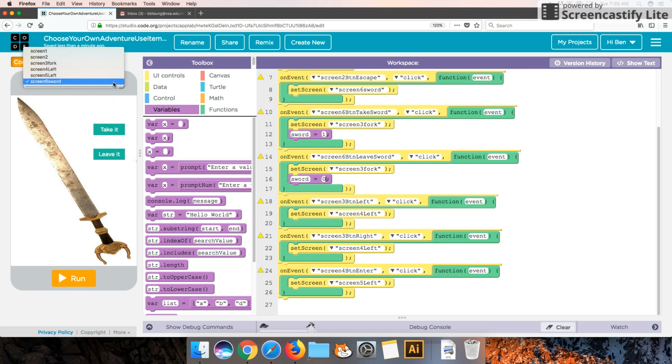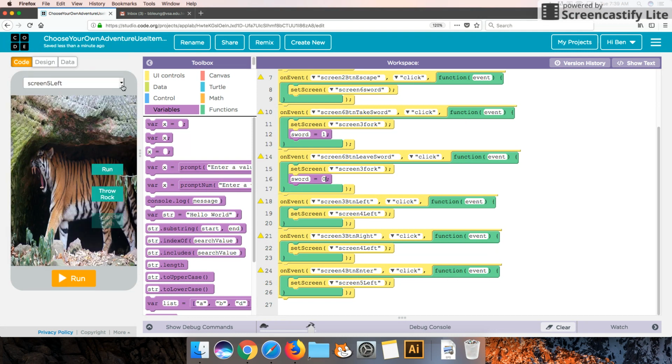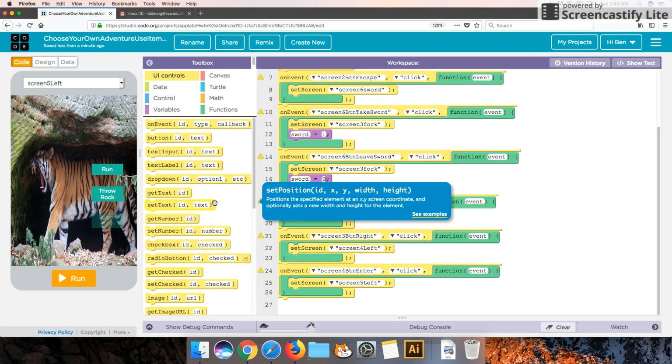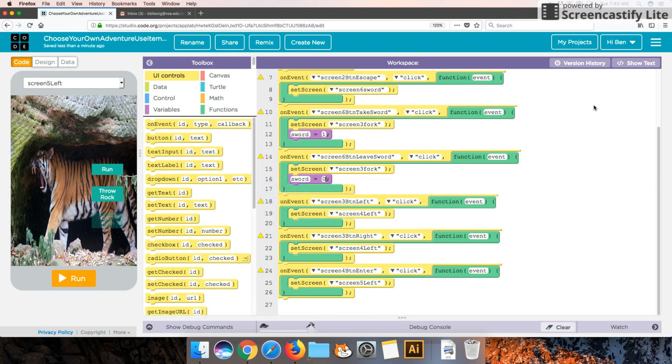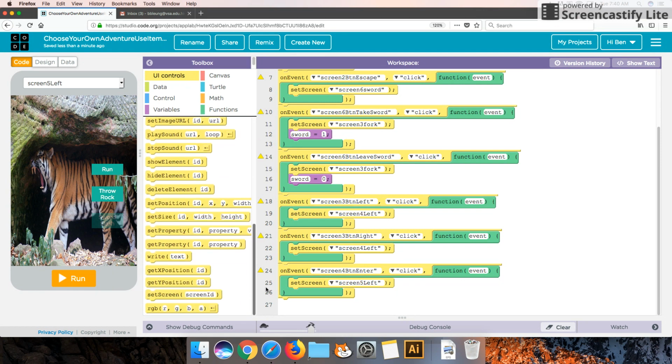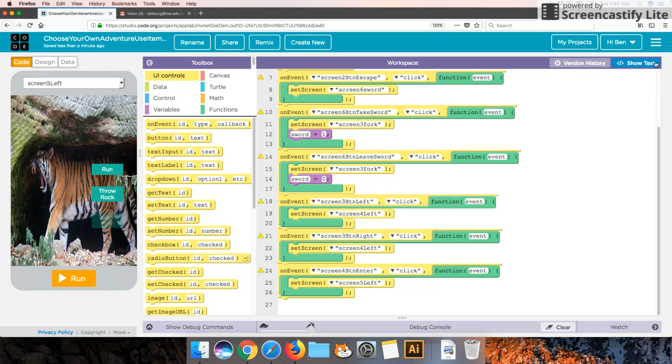Okay, the next step we're going to need to do is in our code where we have our screen 5 left, we're going to want to make this button visible. Okay, now there should be, I don't know if it's available here or not. Okay, I might have to go back into the text mode here. So right over here,